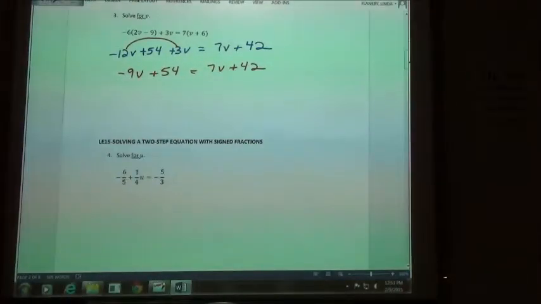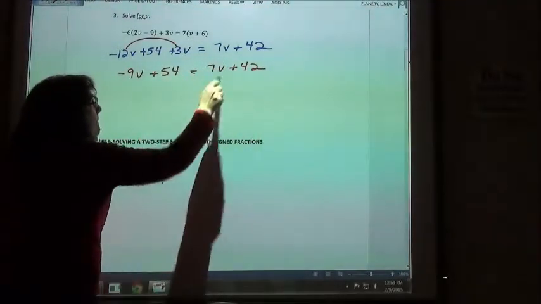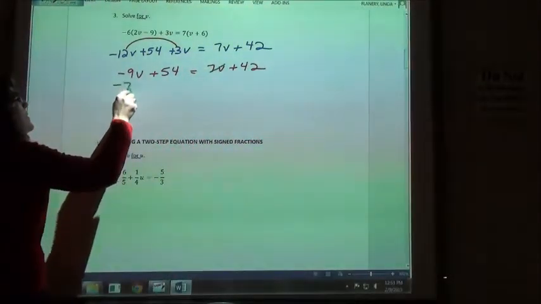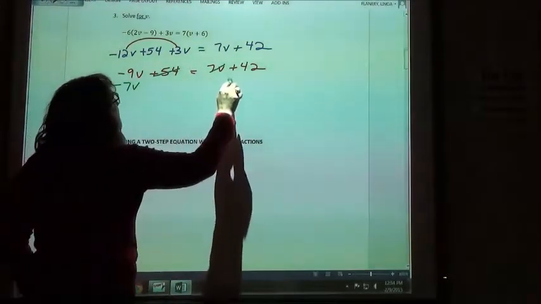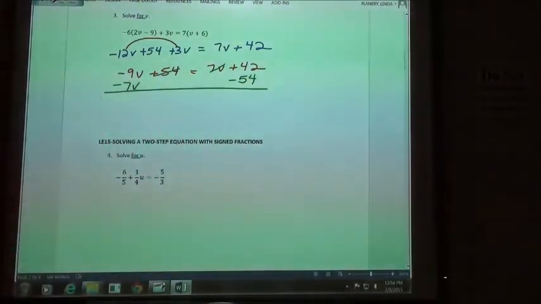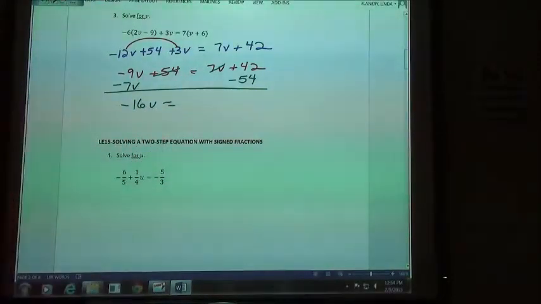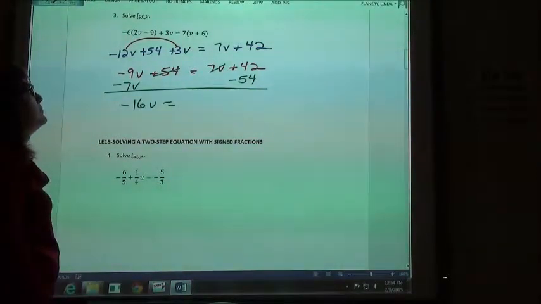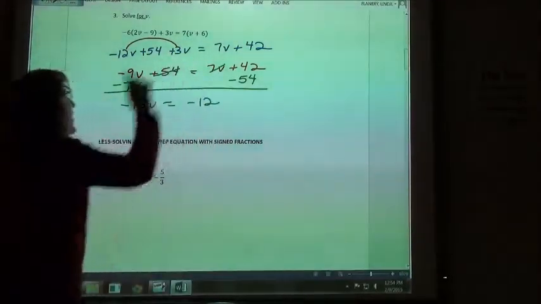From there, we would want to drop the 7 and make it a negative 7, subtract our 7v, and take our 54 and minus the 54. Okay. So negative 9 minus 7 would be negative 16. Negative 16v equals 42 minus 54, negative 12. And then our last step,